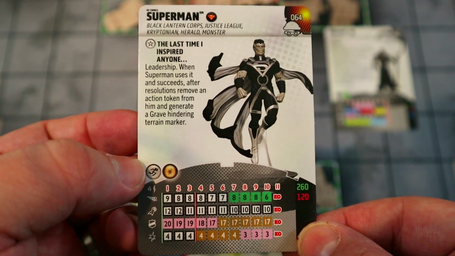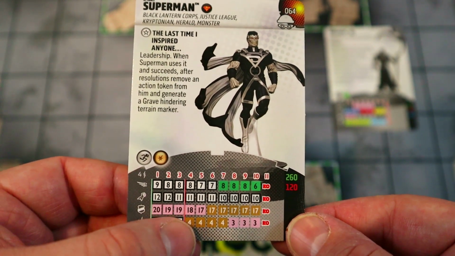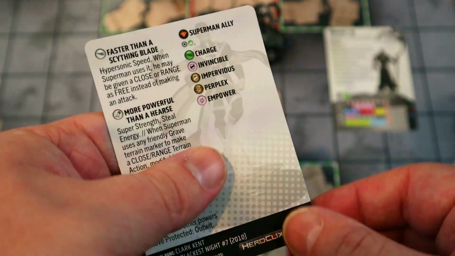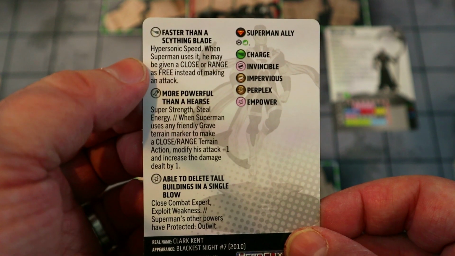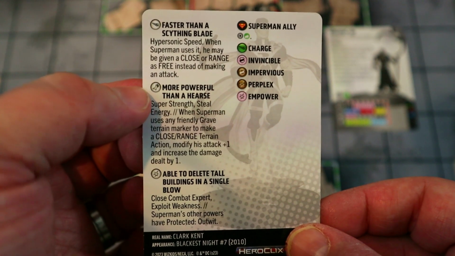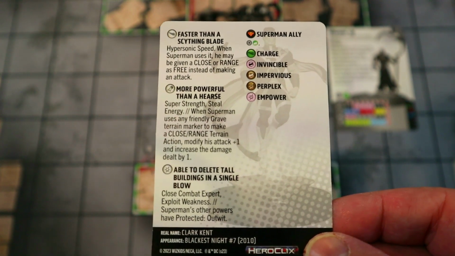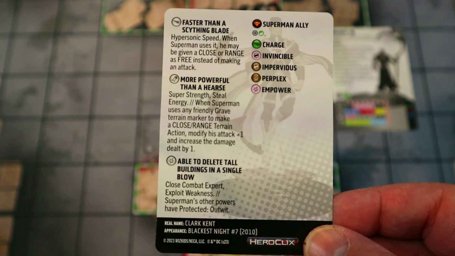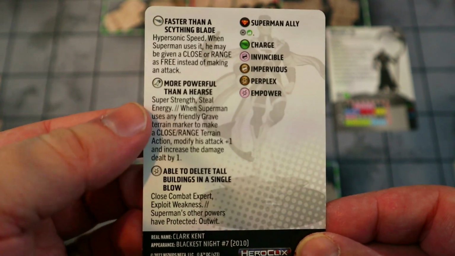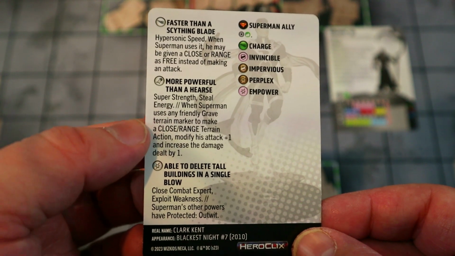He has improved movement, destroys blocking, Superman TA to see through hindering, playing him at 120, so you just got to heal him 3 clicks to get him up to this super ridiculous line here, where he has this special hypersonic speed, and when Superman uses it, he may be given a close or range as free instead of making an attack, so he can basically make an object or terrain action, rather, to hit with something, in this case, probably a grave terrain marker, because he has super strength and steal energy,